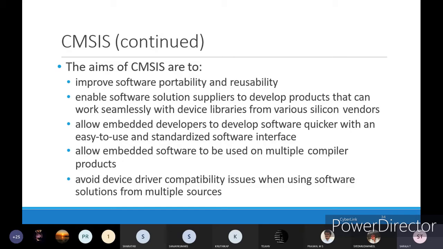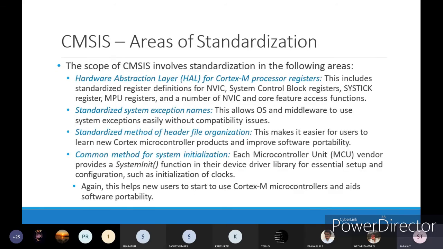Avoid device driver compatibility issues when using software solutions from multiple sources. If we are using multiple sources, device driver compatibility issues should be avoided. CMSIS with respect to that area of standardization.